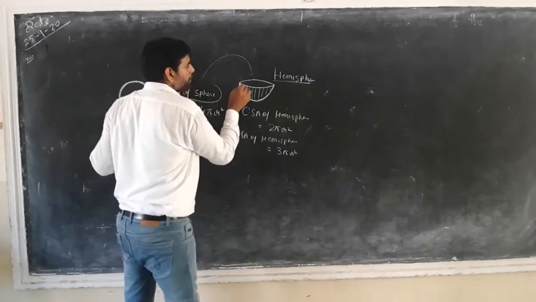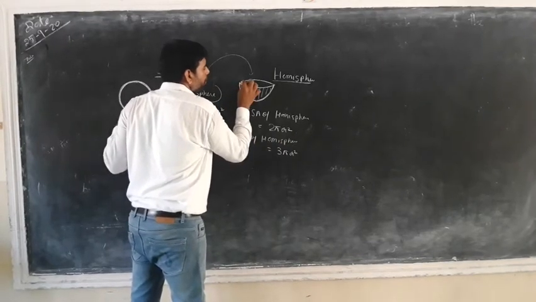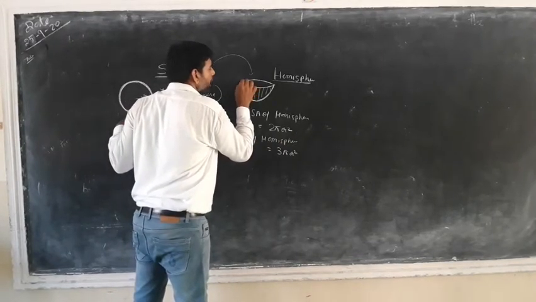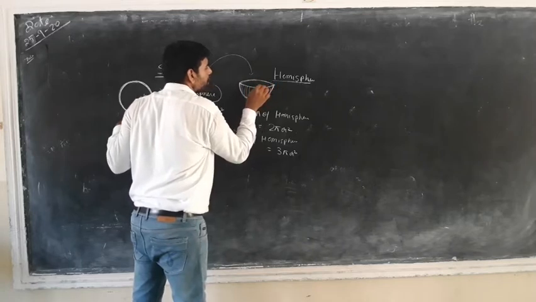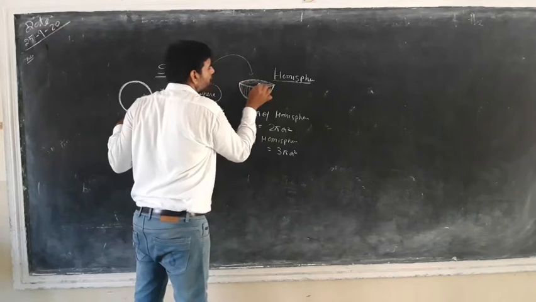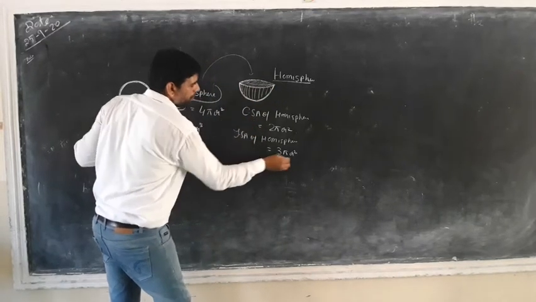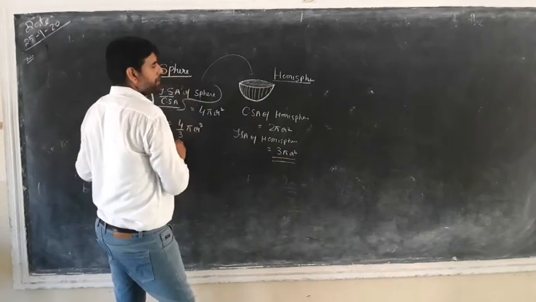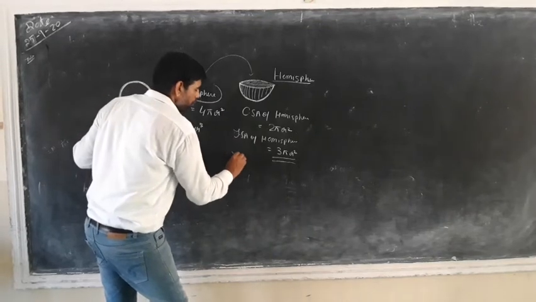But for the total surface area the upper part will be covered, so therefore this is a circle, the area of the circle is πr². So 2πr² plus πr² is equal to 3πr². Okay, and volume is equal to